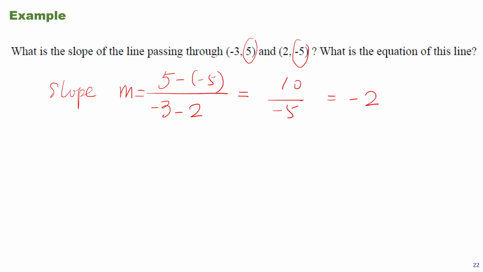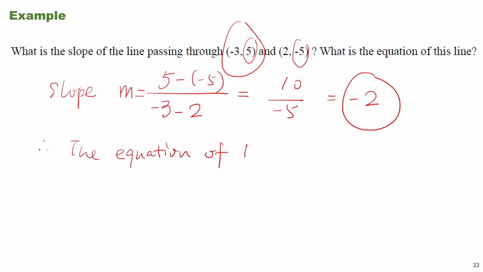And now you want to find the equation of this line. So this time we have the slope, we have a given point. You could use either the first point or the second point, right? Suppose we use the first point, then we can write the line's equation in point-slope form, right? So we know the equation of this line is